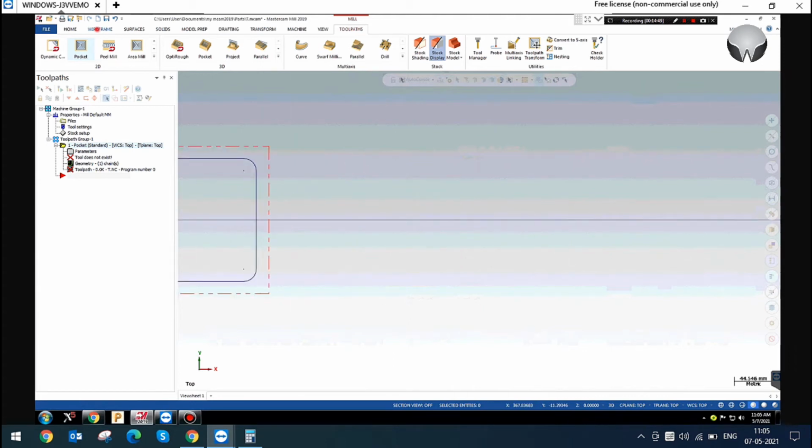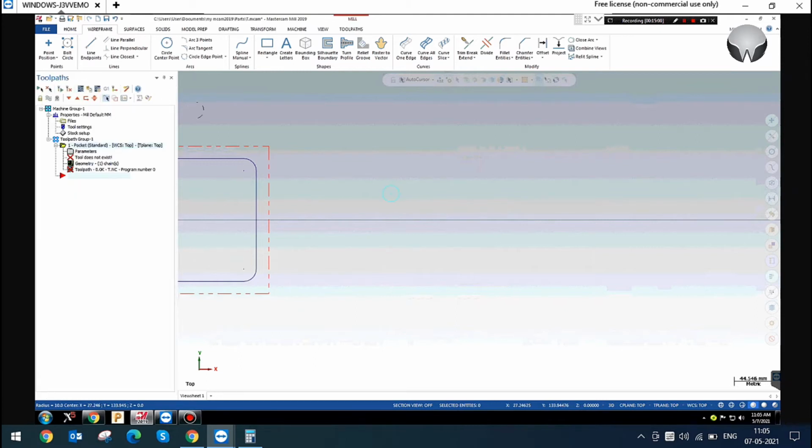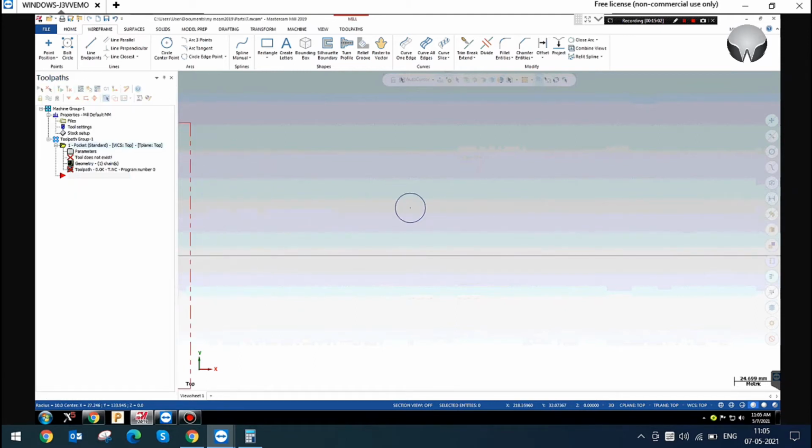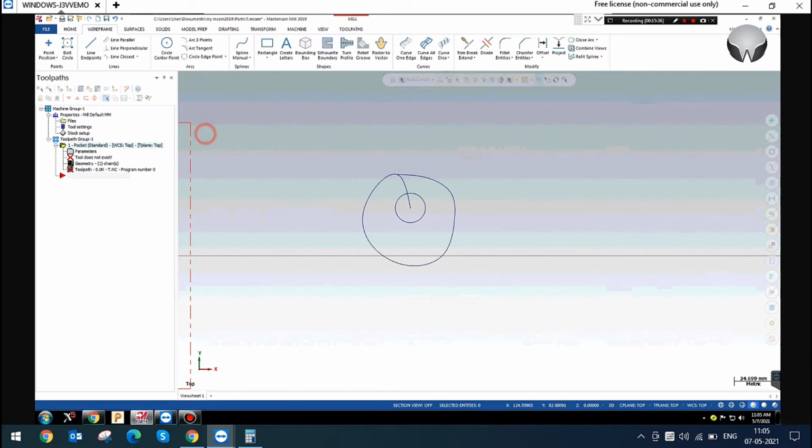Yes, here, 20. This is my 20 mm tool, right, brother? Yes. If I give the 10 mm radius for the helix, I'm just defining the spline to give you a clear example. So this is the center point of this tool. The tool will be moved within this area, right? This is 10 mm radius.